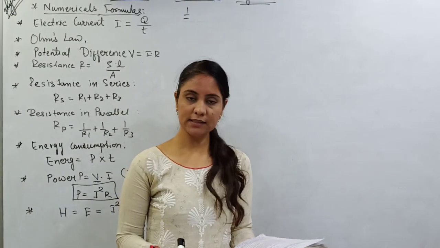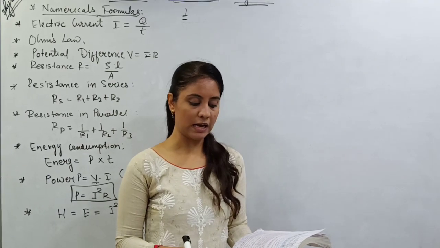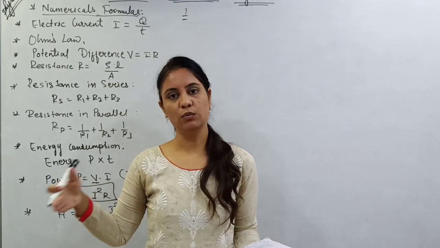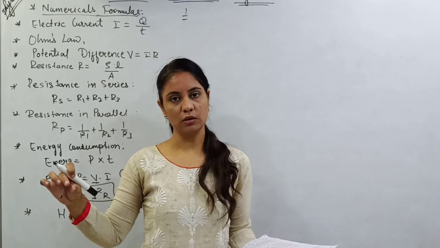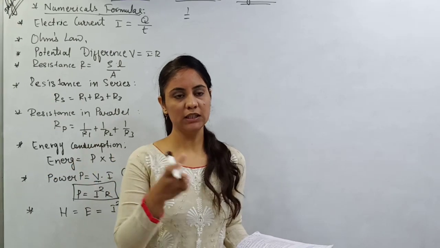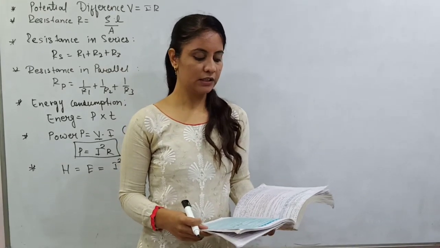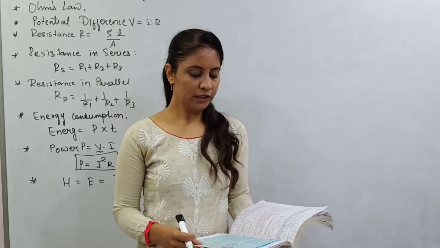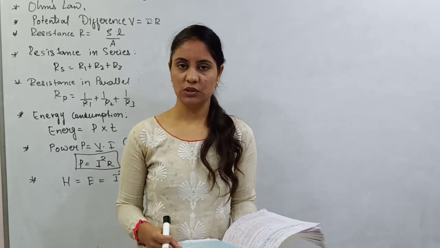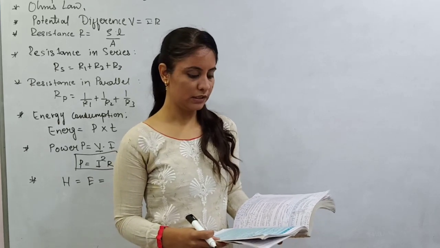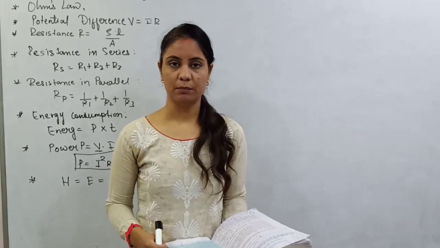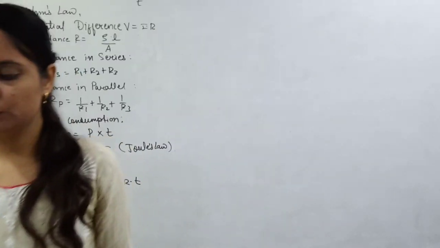A piece of wire having resistance R is cut into 5 equal parts. The length is not given to us, but it has been cut into 5 equal parts. These parts are then connected in parallel, and if the equivalent resistance of this combination is R dash, then find the ratio R upon R dash. So nothing to do over here, everyone.